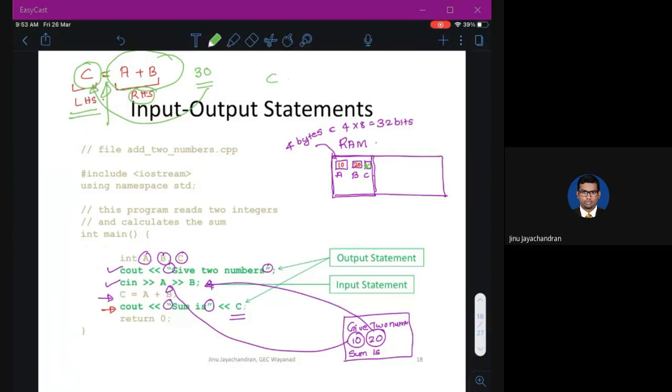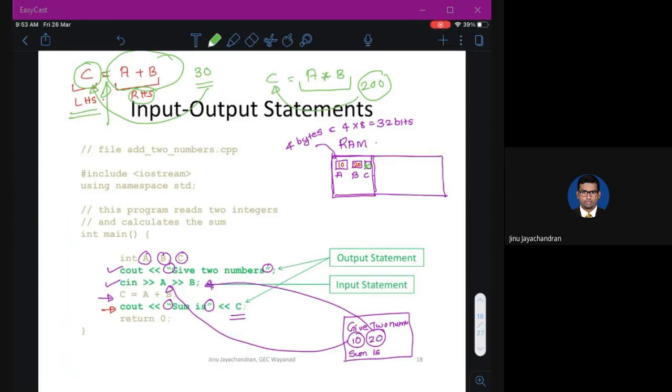Let's say C is equal to A into B. So what it does is, first it will execute the right hand side, which is 10 into 20, that is 200. It will copy this value to the variable on the left hand side, which is C, and C has a memory location, the memory location will be 200. Okay, so very important concept. If you know this concept, I think you are at least 10% done.